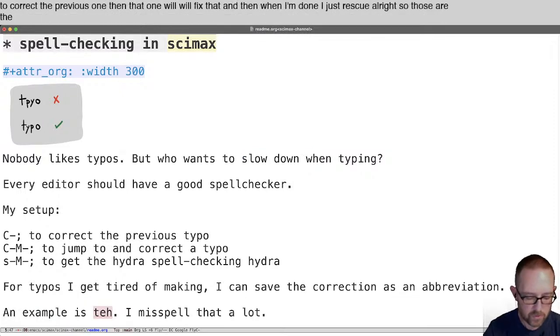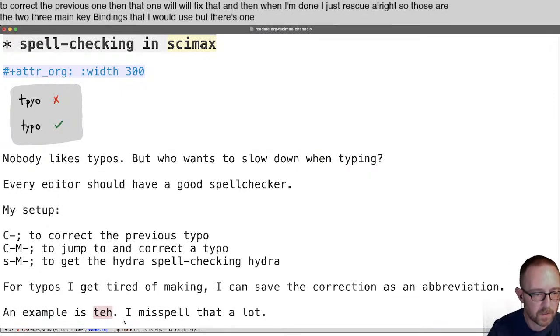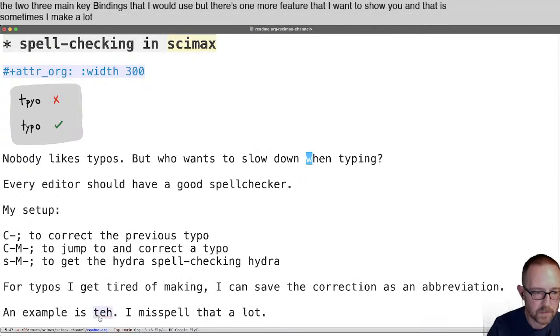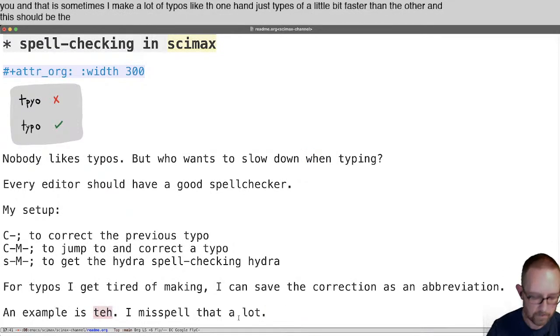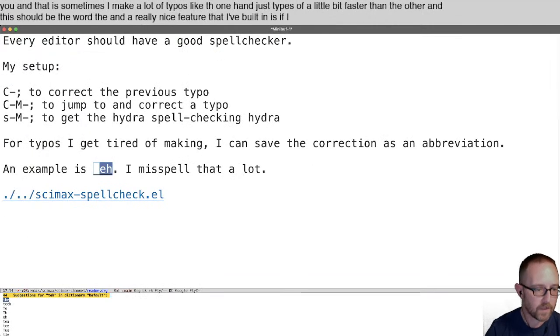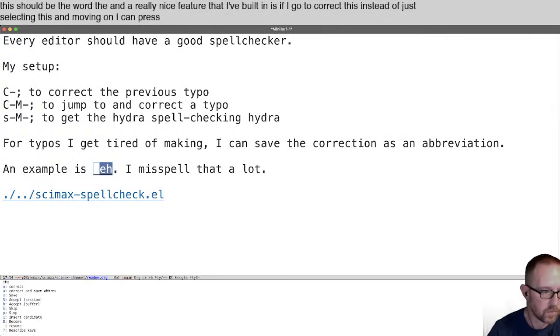All right, so those are the three main key bindings that I would use. But there's one more feature that I want to show you. Sometimes I make a lot of typos like TEH. One hand just types a little bit faster than the other. And this should be the word "the". A really nice feature that I've built in is if I go to correct this, instead of just selecting this and moving on, I can press Alt-O with Ivy, and then I can choose A, which will save it